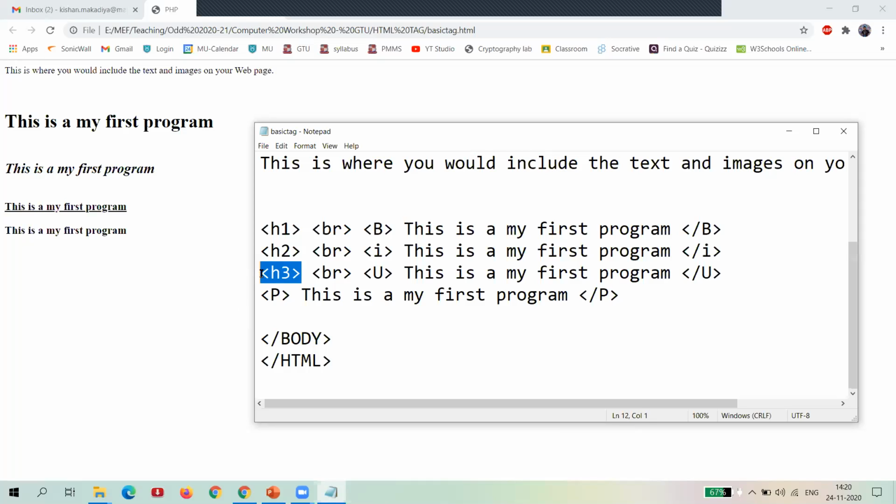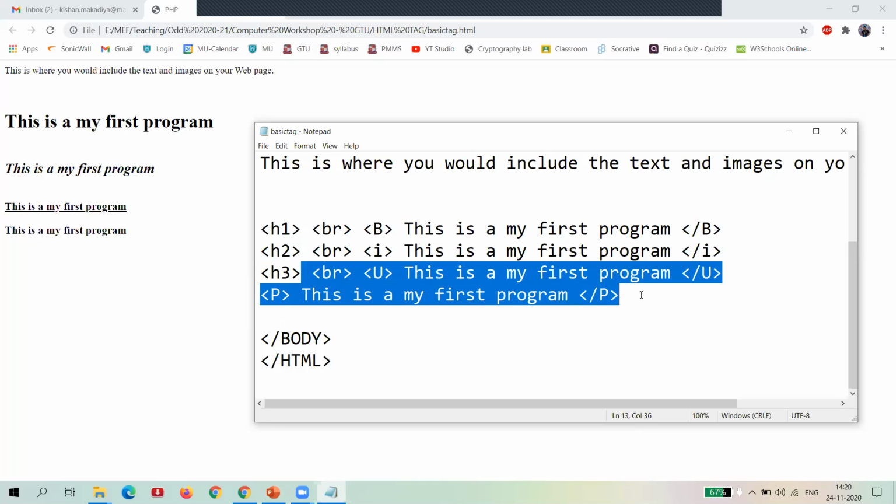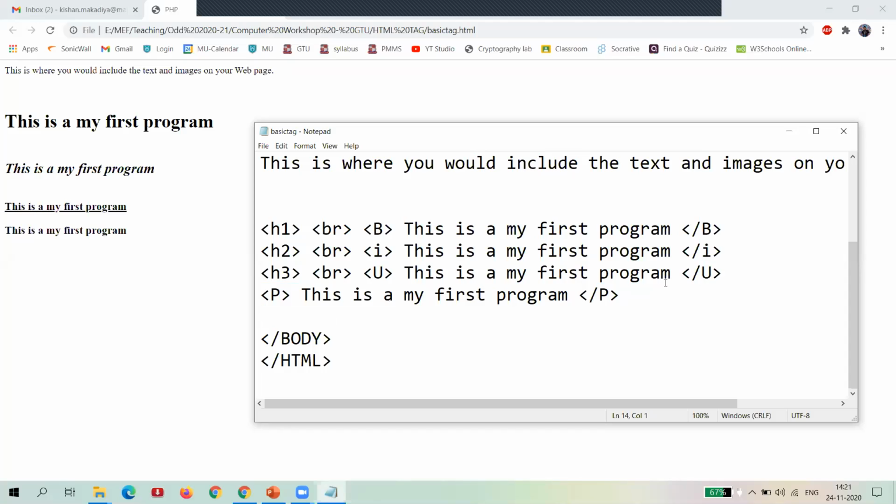And now you can see at the last, I have started the H3 tag, but I am not closing it. So you can see whatever I write after the H3 tag is all represented as an H3 heading. So that is the thing. Until I close it, whatever information I have written here is all represented in the H3 tag. Once I have closed,